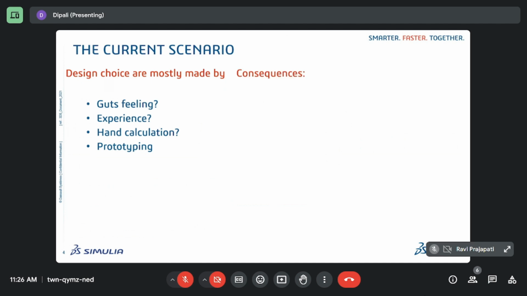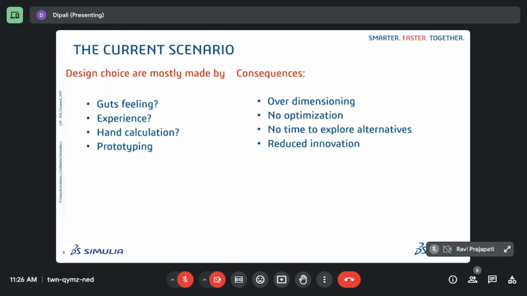Okay, so these circumstances have various consequences, such as over-dimensioning, or say no optimization, then no time to explore the various alternatives in the designs, which leads to reduced innovations, no knowledge or experience capture during the process,